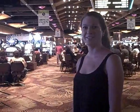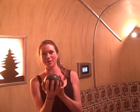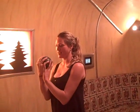Okay, now I'm gonna go try out some slot machines since I'm in Vegas. So now I'm in this retro bus in the casino that's actually converted into my own personal bowling alley, and I'm gonna play a game here with these cool little balls. So you just hold them in your hand, there's no finger inserts, and